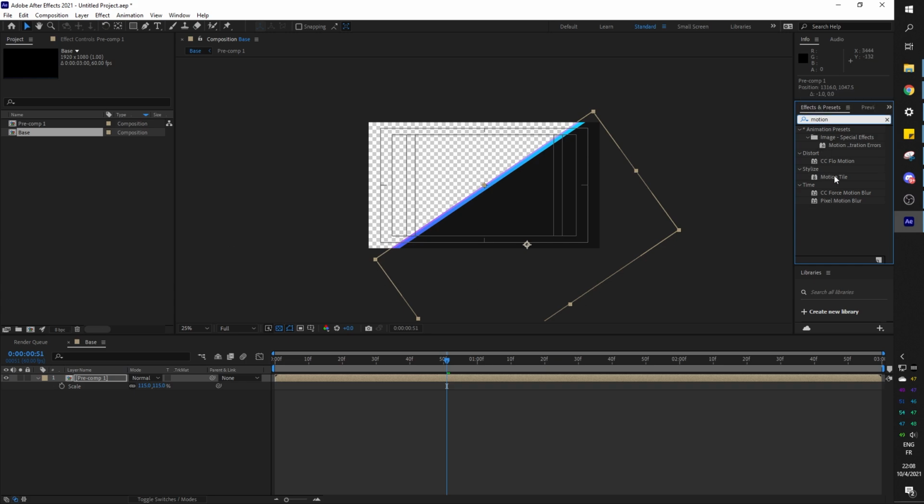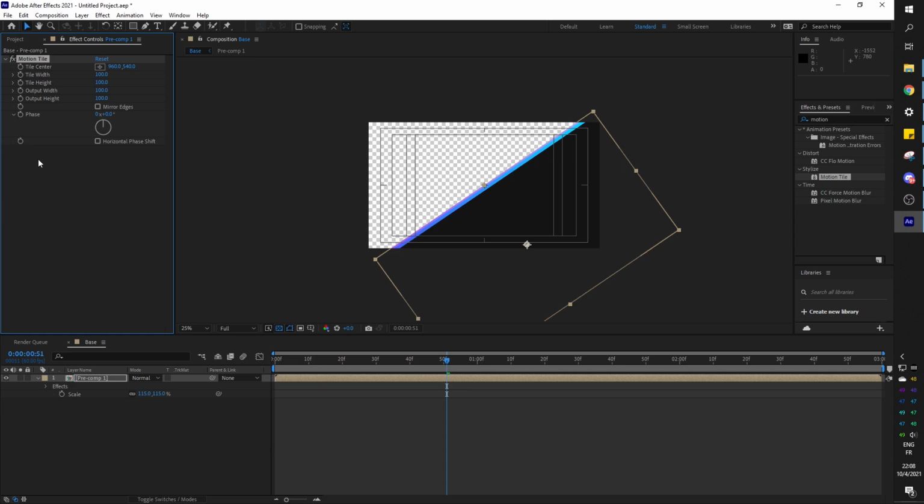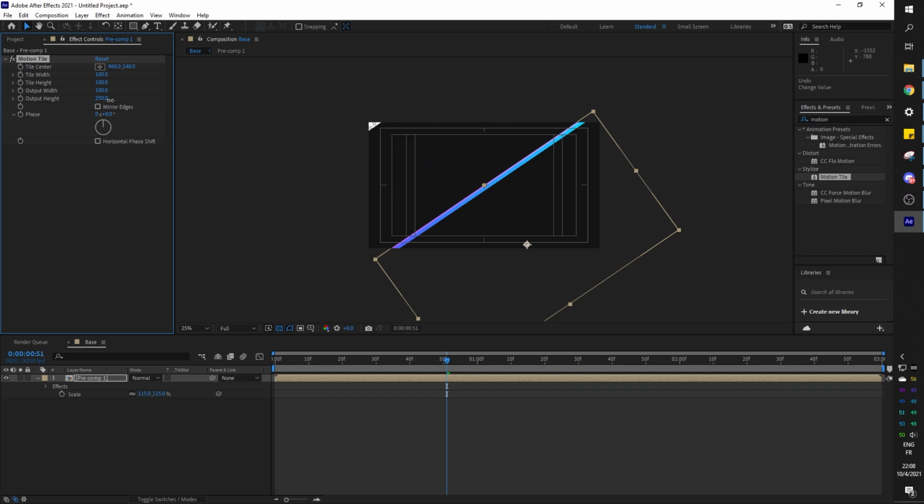So let's find motion tile and hopefully this works well. But here you can have output height or have output width, and that you can't see. And we control Z and output height, and there it is. So right now it is basically repeating the same thing over and over again outside of its own boundaries. And then we can click on mirror edges. Okay, not Mirror's Edge, not a video game. And now if we do this,